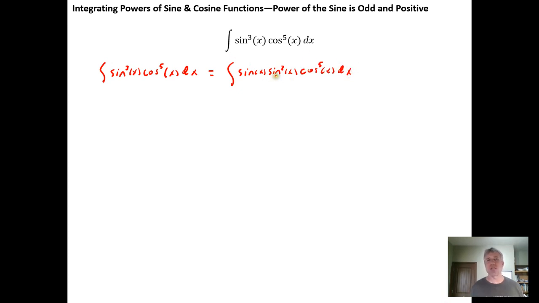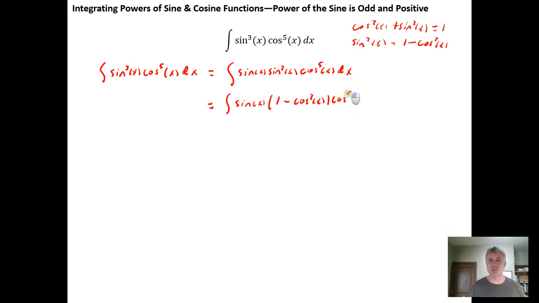And then we use the Pythagorean identity, cosine squared plus sine squared equals 1. And we solve it for the sine squared. So we get that the sine squared of x is equal to 1 minus the cosine squared of x. And then we're going to substitute the sine squared with the 1 minus the cosine squared. So I step down a line. We get the integral of the sine of x times 1 minus the cosine squared of x times the cosine to the 5th power of x